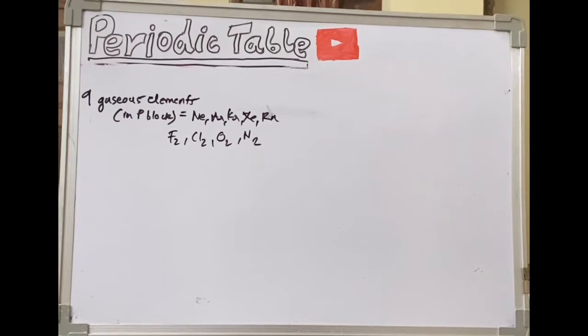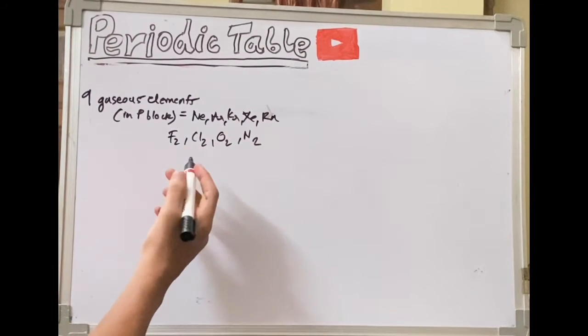Okay, these are pretty easy to remember, right? Because you can automatically say that noble gases already exist in the gaseous form, and we can relate to these as well. Oxygen we know, nitrogen we know, fluorine and chlorine we already know. Chlorine has got a pungent smell, you can remember from that. The only gas you'll have to remember is F2, right?